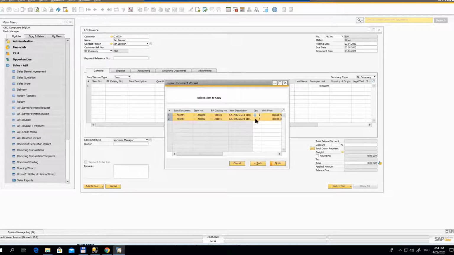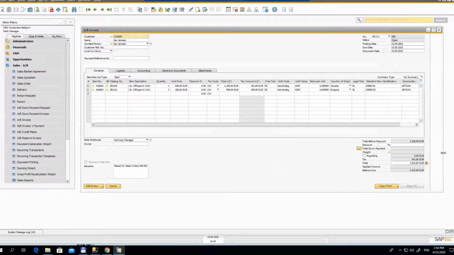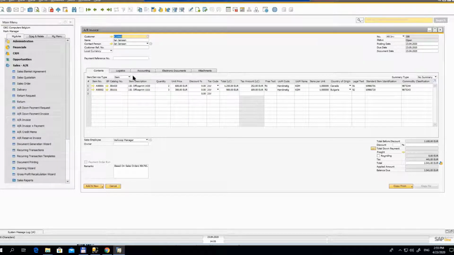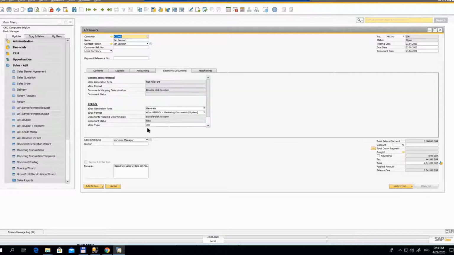Some order. Let's say something like this. So you can see that the information is, let's say, taken from the document, but here are the fields which I mentioned. The new ones: country of origin, standard item identification, commodity classification, units of measure you can see here, and then also, as I was presenting, the code for the document type, the default one is taken here,